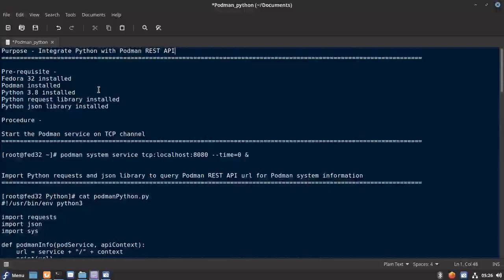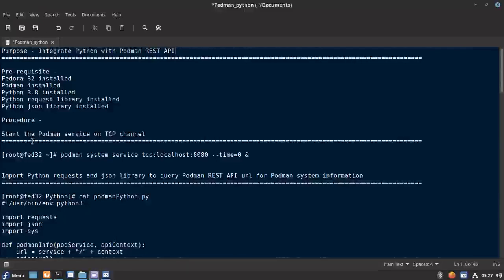Its main purpose is to post that request to that particular channel. The JSON library is basically the same as the jq library we installed locally, so we are going to use the same kind of functionality within the Python application.